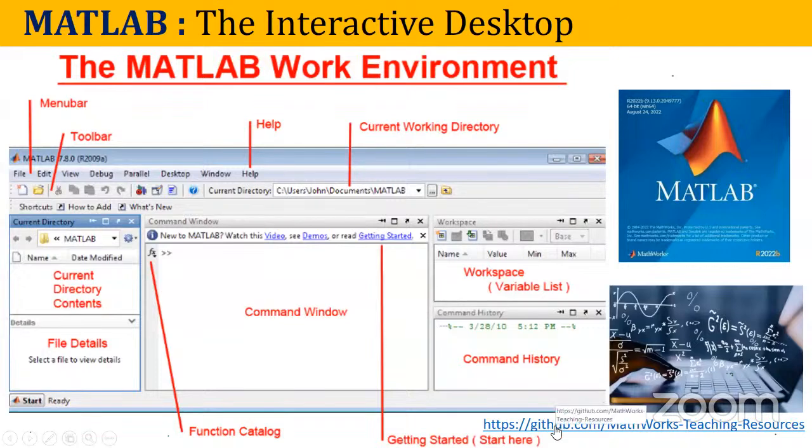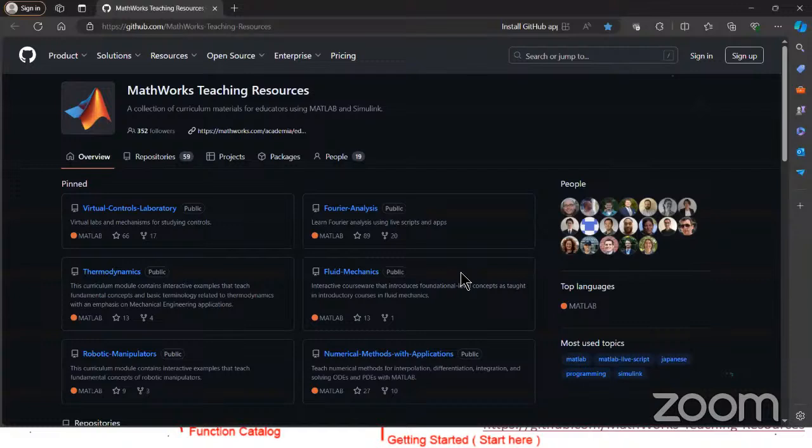Also here you can see www.github.com mathworks teaching resources. So you can note down this link. If you click on this website, you will find some teaching resources, especially for students, where you will get some relevant examples